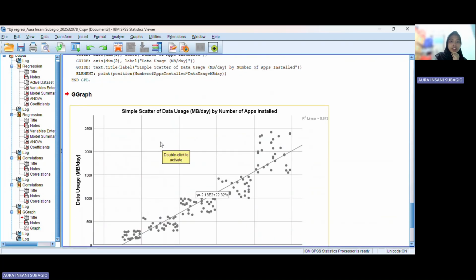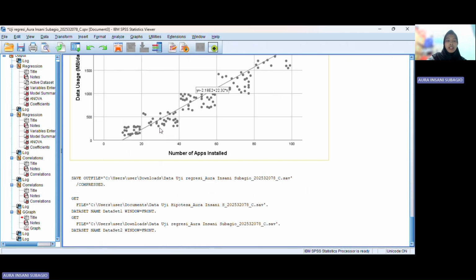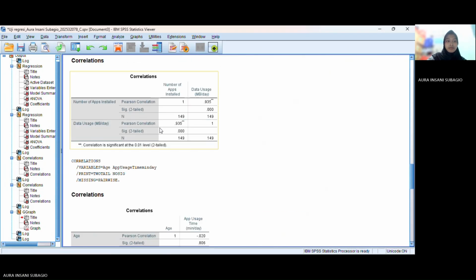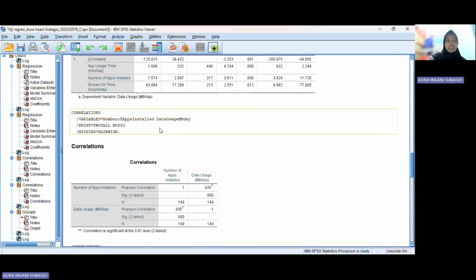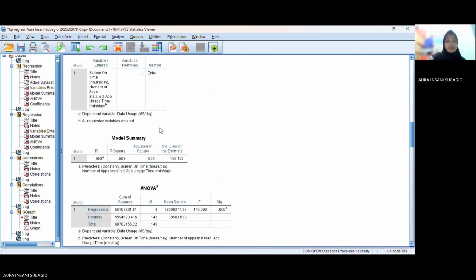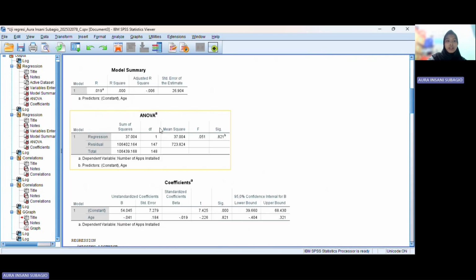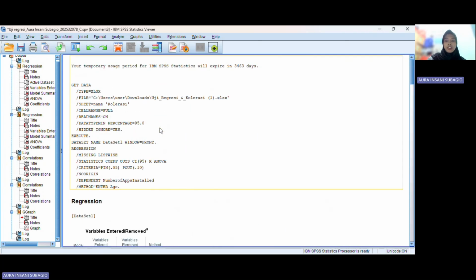Okay, this is the scatter plot of the regression, the data I have. Okay, next I'll show you in the RStudio.